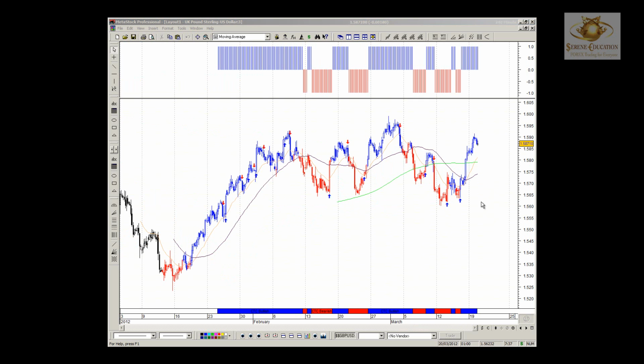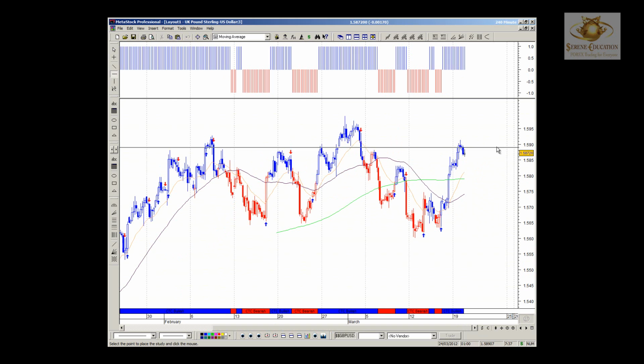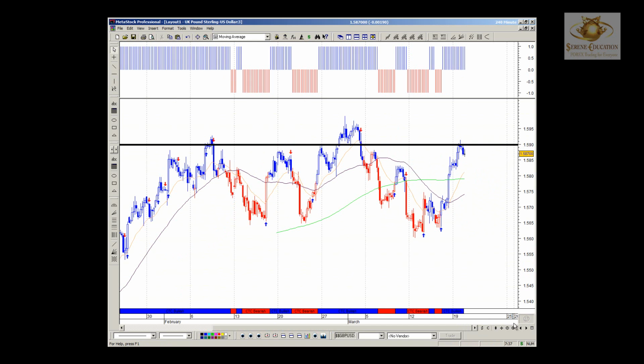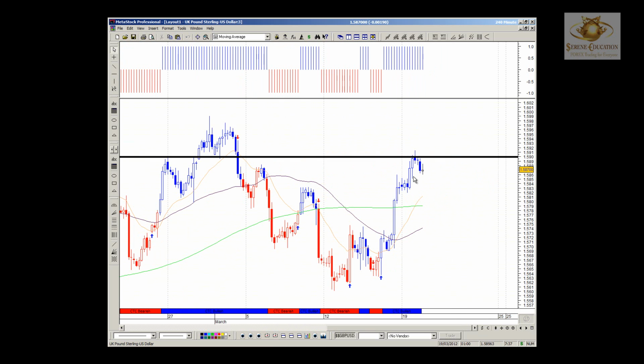On the four-hour chart, back above the institution moving average is a good sign. Trading above all the moving averages and heading higher. CTC is blue in our favor. Everything's fantastic. My only concern, as I mentioned on the daily, is this 1.5900. We've had price testing it just recently over the past couple of days. We do need to see a breach of this area. Very important. I did mention 1.5500. If price can actually stay above this area, then we could potentially add another reattempt of 1.5900. A failure to do so, we could see price pulling back